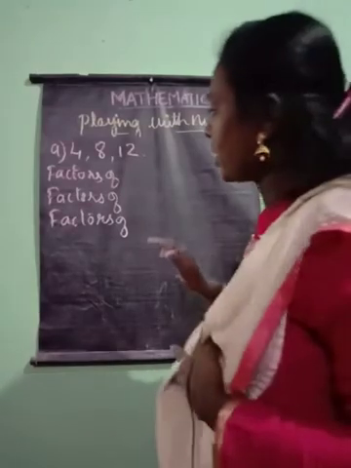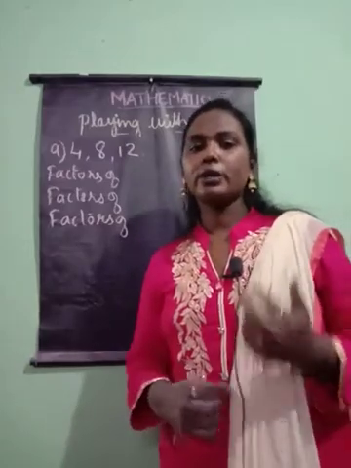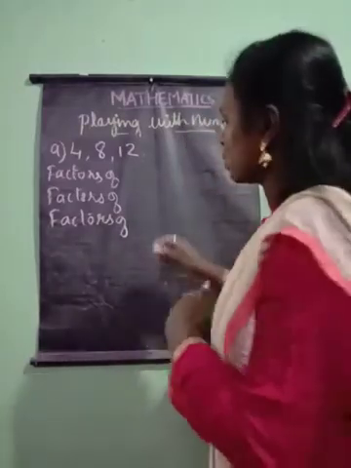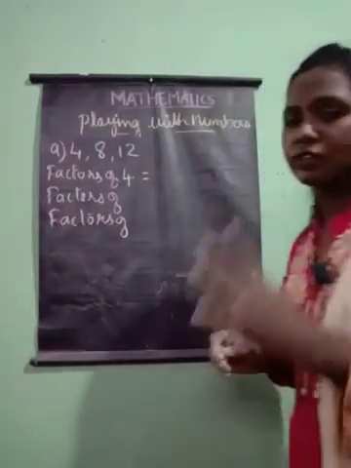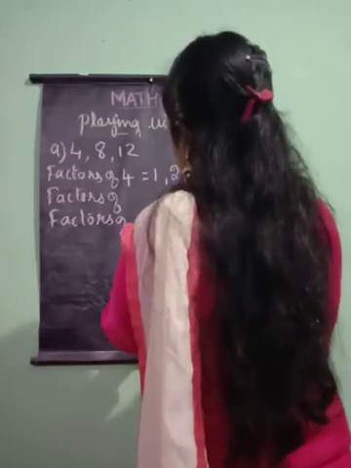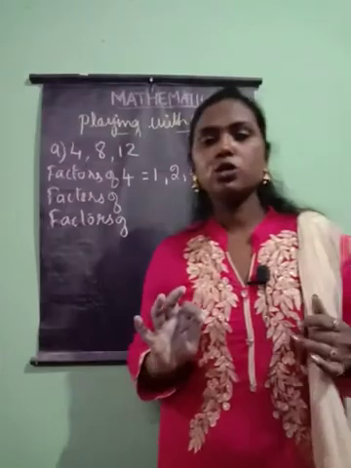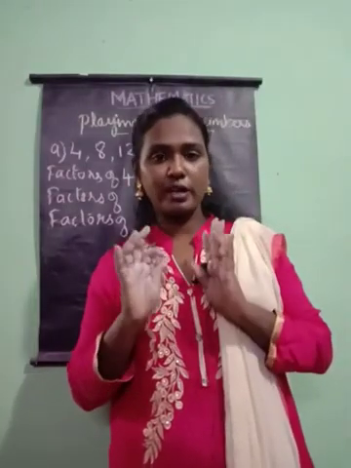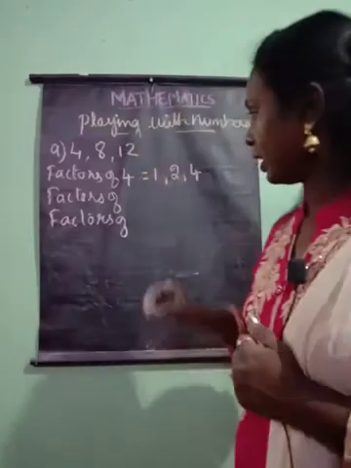Now let us find the common factors of 3 numbers. Before, we were doing just 2 numbers. Now let us do 3 numbers. First let us find the factors of number 4. So for number 4 we get 1, 2, 4. If you want to solve these problems, you should know tables very well, so that the problem will be very easy. Okay, next 8.